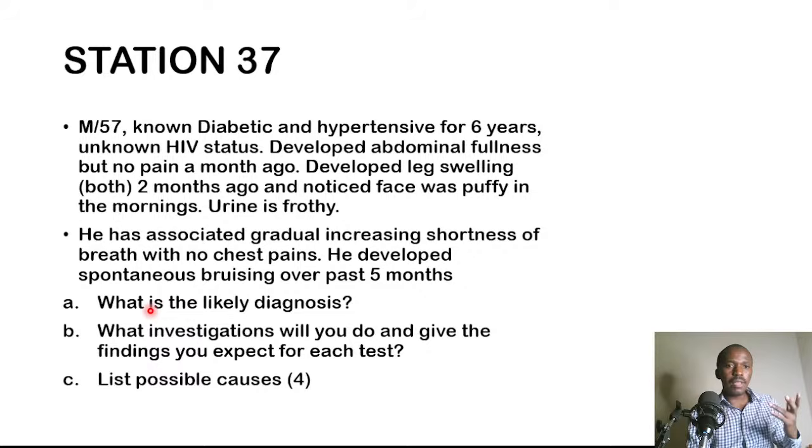So he has associated gradual increasing shortness of breath with no chest pains, and he developed spontaneous bruising over the past 5 months. What is the likely diagnosis? What investigations will you do? And give the findings you expect for each test. List 4 possible causes. Now, whenever you see someone waking up and their eyes are puffy, their face is puffy,